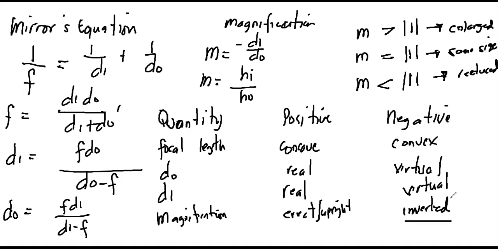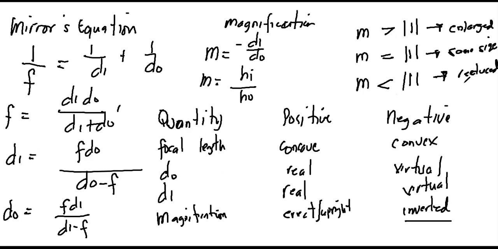So how about the size? If the magnification is greater than the absolute value of 1, that will be enlarged. If the magnification is equal to the absolute value of 1, that will be same size. And if the magnification is less than the absolute value of 1, that will be reduced. Okay,